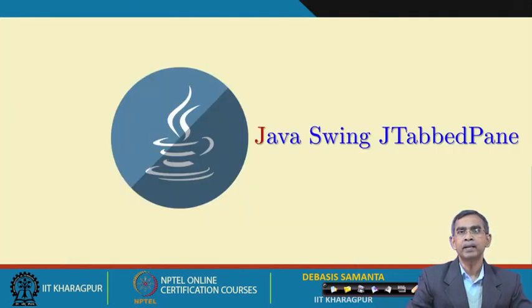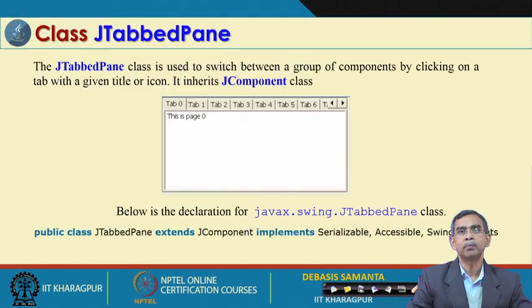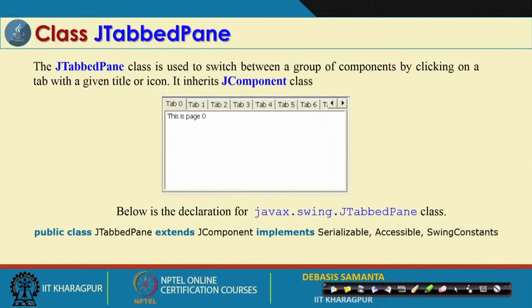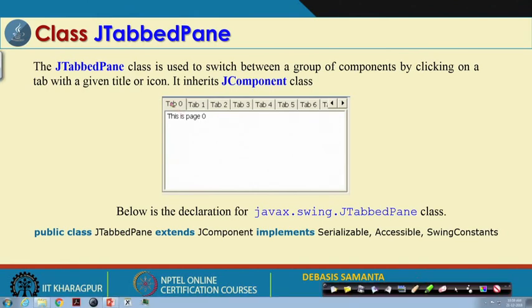And the tabbed pane is basically a very essential component, which is also new, not there in the AWT. Using this, if you create a frame, a lot of tabs can be in this frame. If you know Excel, at the bottom there are a lot of tabs, corresponding to page 1, page 2, or more probably sheet 1, sheet 2, sheet 3, like that. So, these are the tabs, and you can rename them.